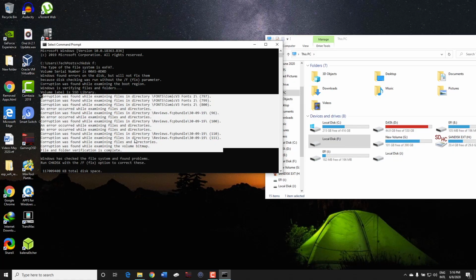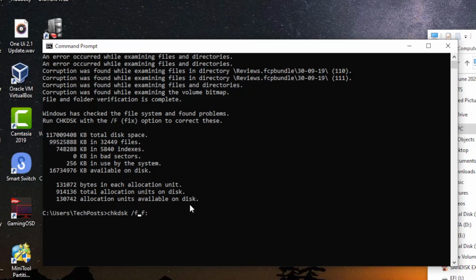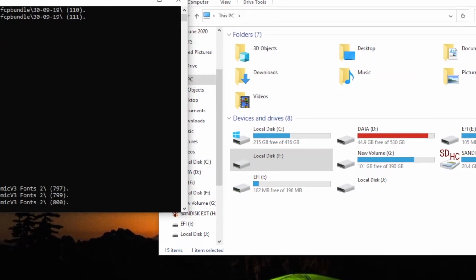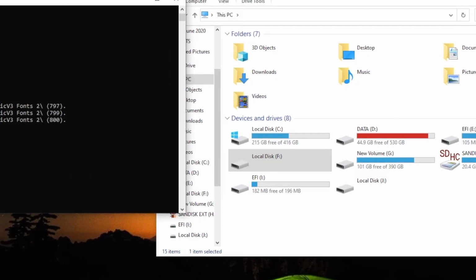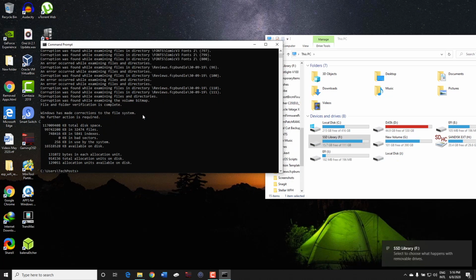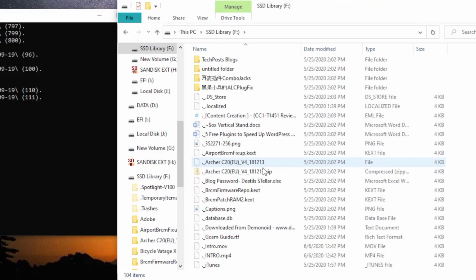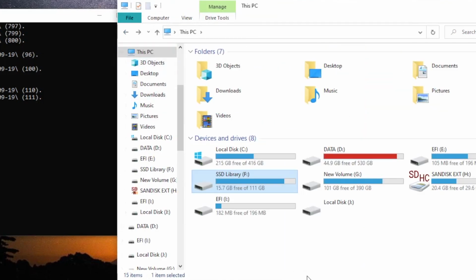Now if you see such a prompt, never click on format. It will destroy your entire data. So the next thing that I did was I ran Checkdisk with the /f parameter. So I ran this command with f being the drive letter of my SSD, as you can see, and after I ran it, it took around I think 10 seconds and it fixed the drive, and I was immediately able to access all my data on this SSD.